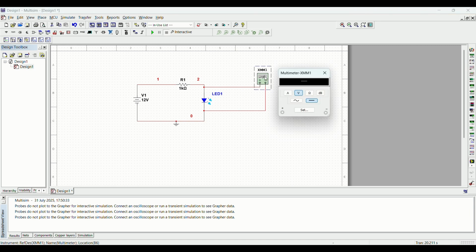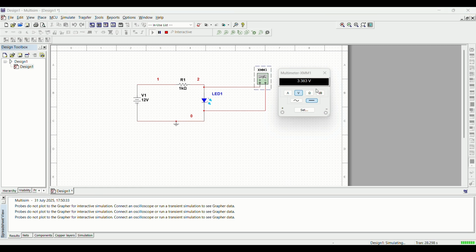Now double click on it, and here you see our multimeter is already set to measure voltage. If you want to measure AC voltage, then click on it, and if you want to measure DC voltage, click on it. Here we need to measure DC voltage. Now run this simulation, and here you see the voltage across the LED is 3.3 volts.